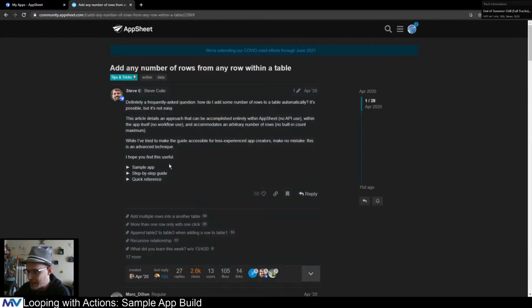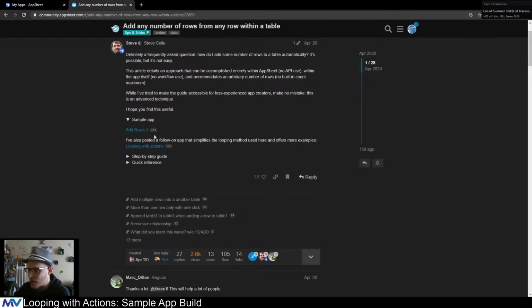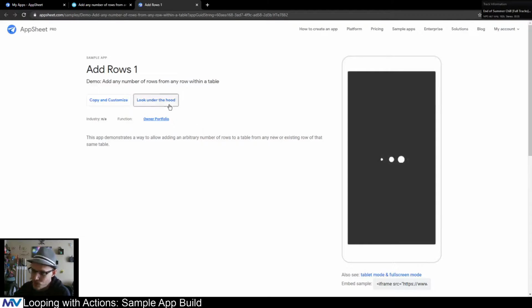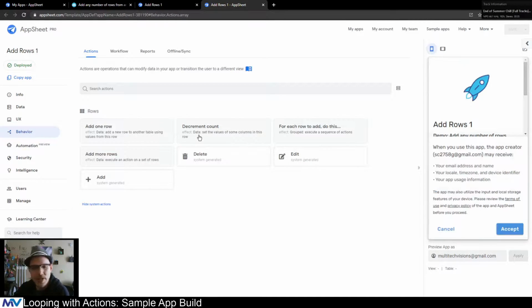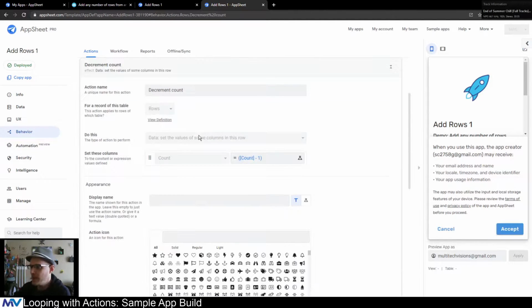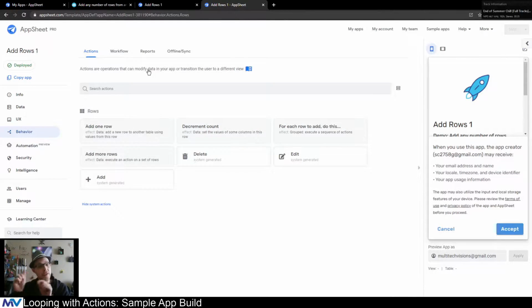basically the idea that he's got is that there's a thing that keeps track of what needs to be done. But it's an actual data value that requires an actual data change. You know what I mean? And see this count. So we have a count of things to do, and when we do one, we remove it from the list. Instead of doing it this way, because that results in a whole bunch of data changes that have to go back and forth with the database, there's a way that you can do this where